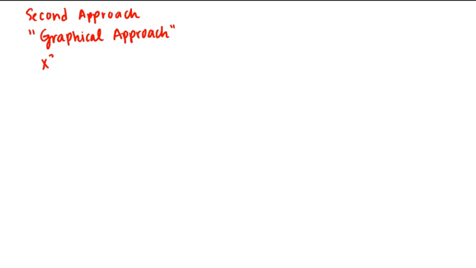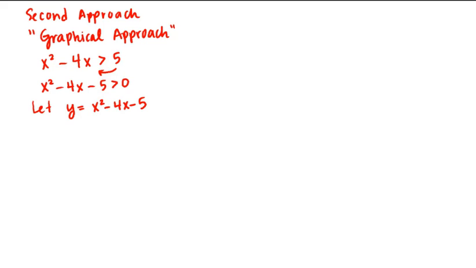So we still start with the same inequality, and we begin in the same way by bringing this 5 over. So we have x squared minus 4x minus 5 is greater than 0. But now let y equal this left-hand side, this x squared minus 4x minus 5. So to solve this, we need to find x values